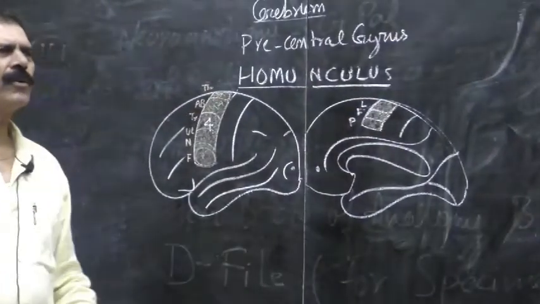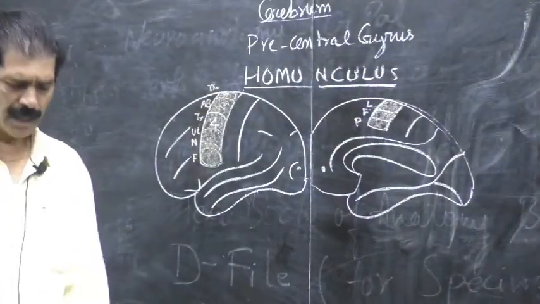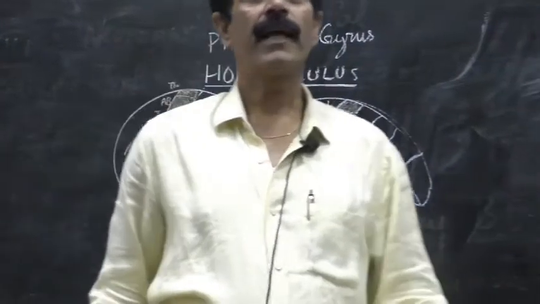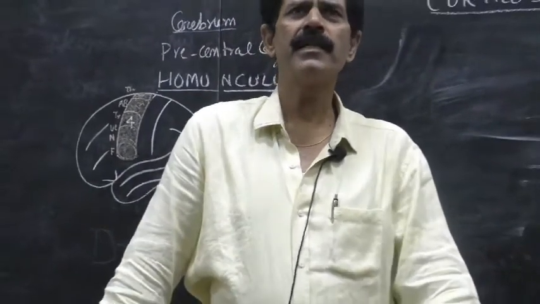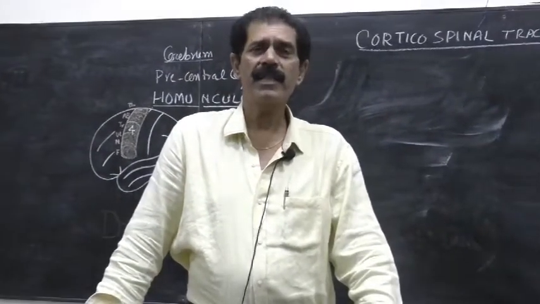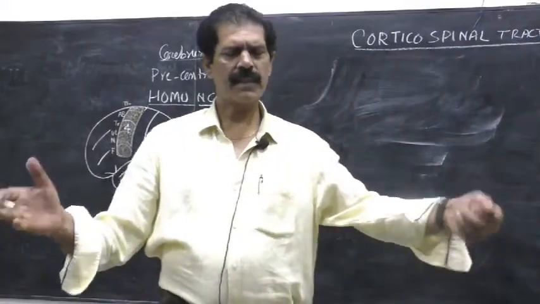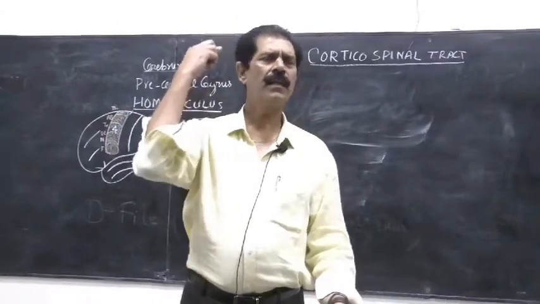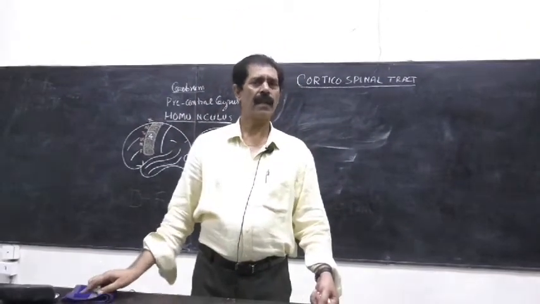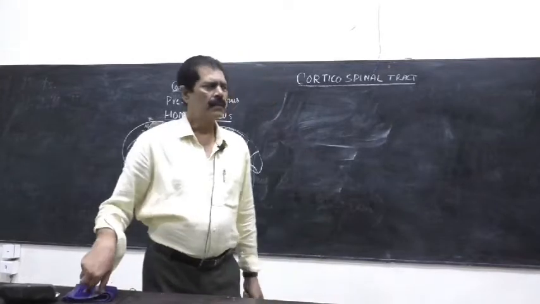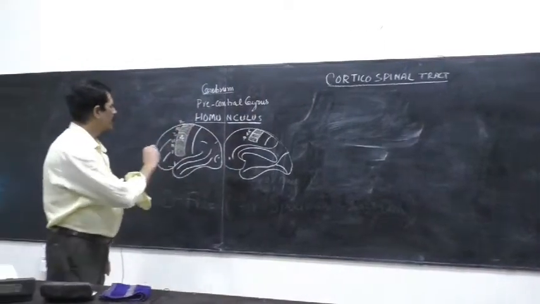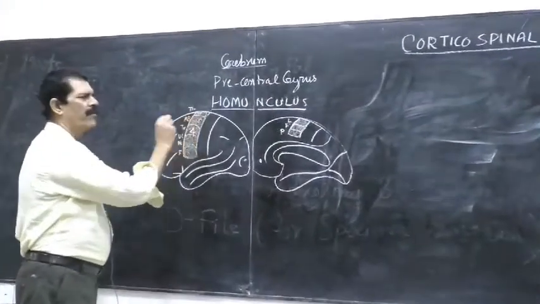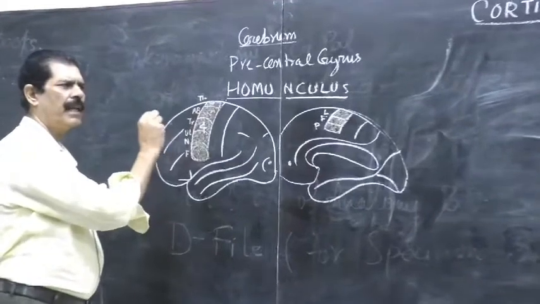And this precentral motor area has been represented and has been proved experimentally. As we all know, the brain of the monkey or chimpanzee resembles the human 99%. So we anesthetize the chimpanzee or the monkey and expose the brain by removing the skull, and we touch different parts of the precentral gyrus of the experimental animal with the help of a very light electrode.